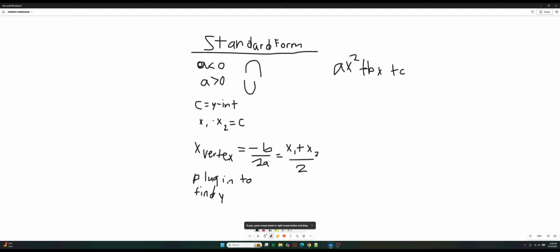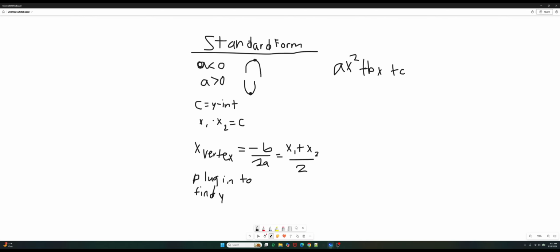If a is negative, so less than 0, it's concave down, and it has a maximum at its vertex. If a is greater than 0, it's concave up. I did not mean to make a mark there. Okay. If a is greater than 0, or positive, it has a minimum at its vertex, and it's